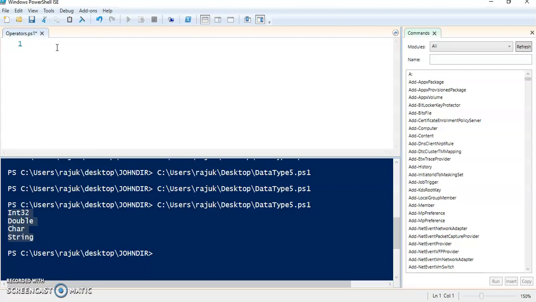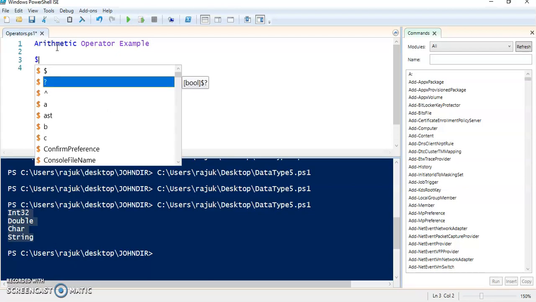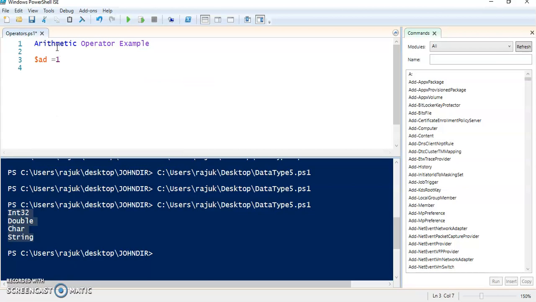First we will see the arithmetic operator. Now we are writing a program for that. AD equal to 14.